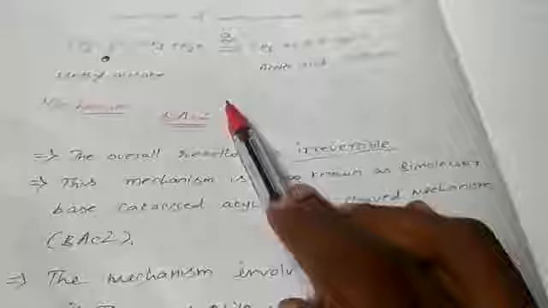So example, here we take methyl acetate. This methyl acetate undergoes alkaline hydrolysis to form acetic acid and methanol. These are the products. Okay. So next we see the mechanism. So what is the mechanism? This is the BAC2 mechanism. So what is BAC2? That is bimolecular base catalyst acyl oxygen cleaved mechanism.